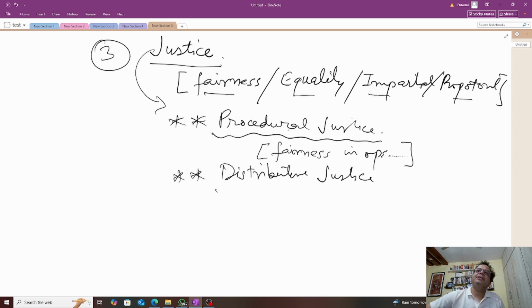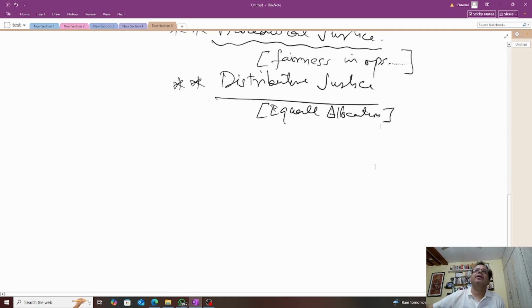And this distributed justice means that there needs to be equal allocation of resources. It should not happen that only a few who are affluent in the society get everything, and people who are not that privileged, as I was talking about tribals and people in remote communities who are not so well off, or who are not on the digital radar, get ignored. So there needs to be a distributive justice also.